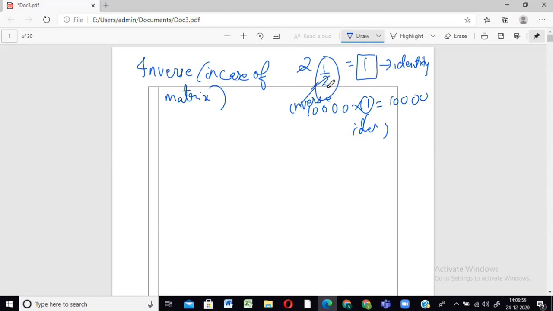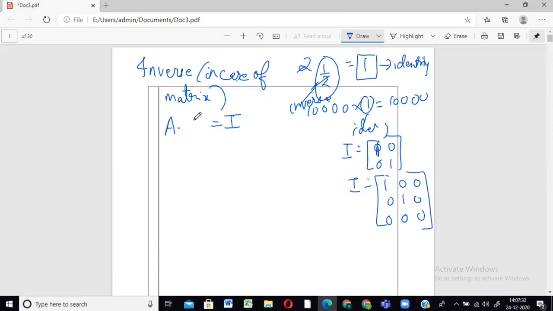So likewise, we're going to do the same thing for matrices. Suppose I have a matrix A, and I don't know what its inverse is. What do I want? When I multiply the original matrix with its inverse, I should get the answer as the identity. 1 was the identity in terms of numbers, and we know that the identity in terms of matrices is I. I is usually written like this for 2 cross 2: 1, 0, 0, 1. If it is 3 cross 3, it's written as 1, 0, 0, 0, 1, 0, 0, 0, 1. So what should be the inverse?